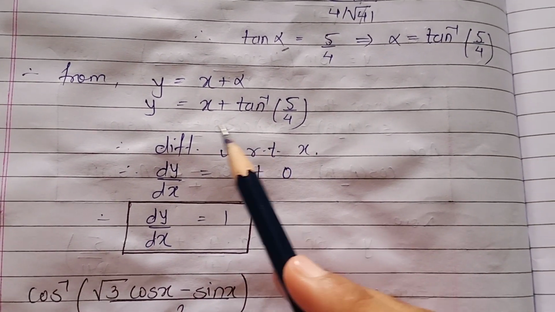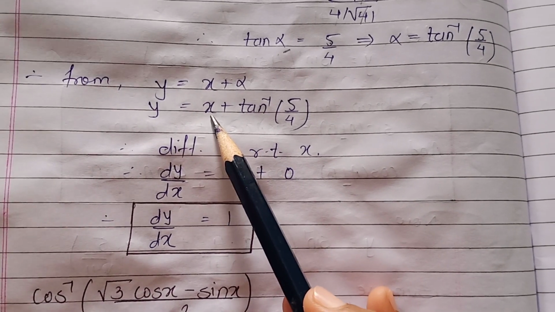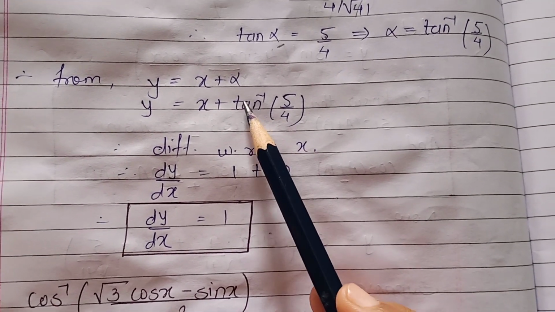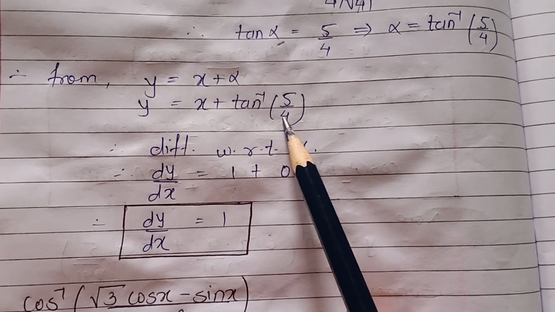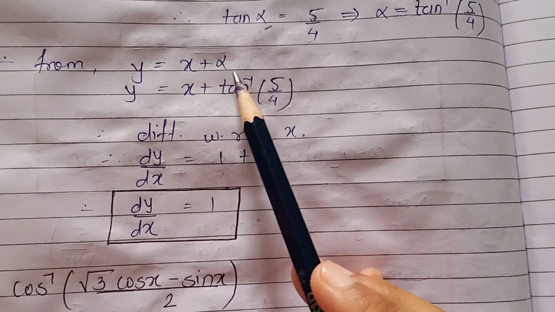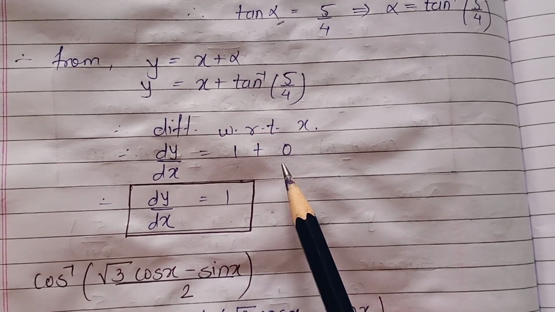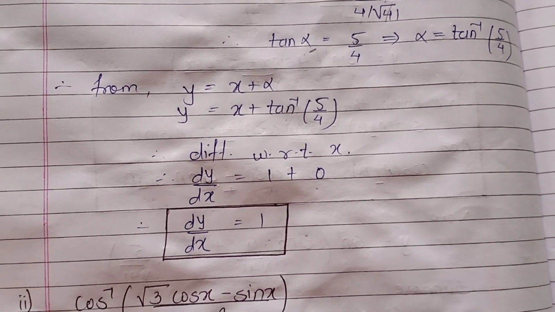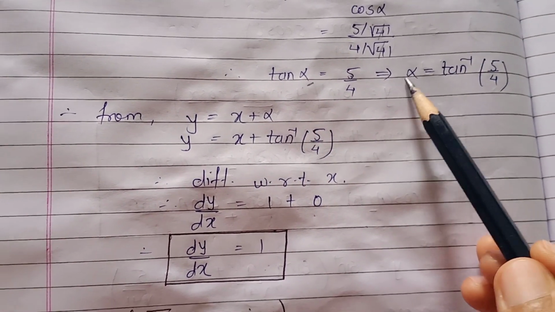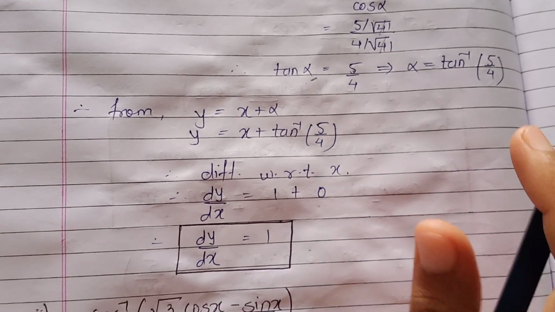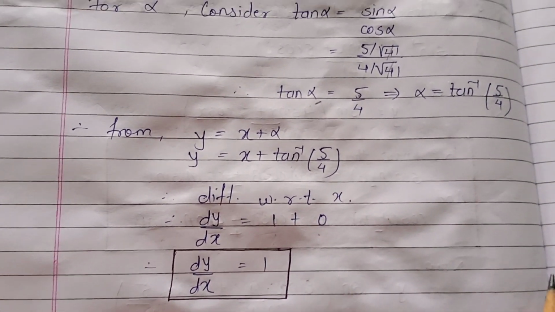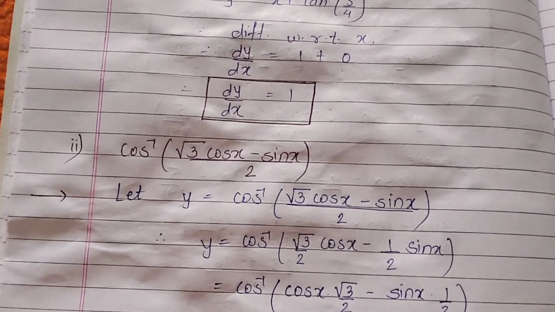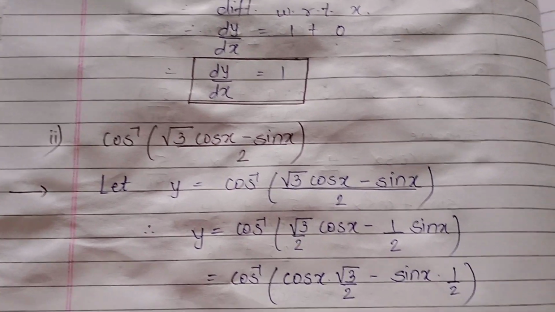Now we'll differentiate this y with respect to x. As the derivative of x is 1, we'll write it directly, no need to write derivative and all that. And as this is a tan function, but the inner angle function is a constant, the whole derivative of this angle is 0. So the answer is 1. Mostly, after finding alpha, that alpha is going to be 0 after the derivative, but still we have to find it as it is part of the procedure, right? So understood?